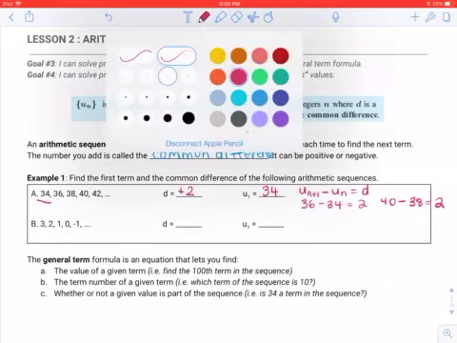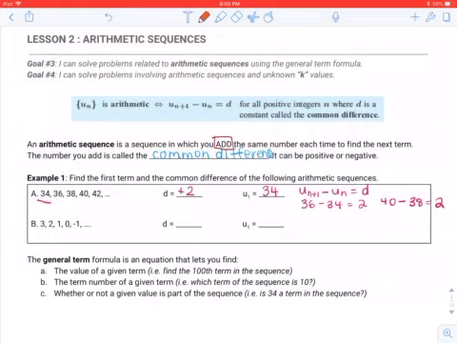Looking at the next sequence here, I've got 3, 2, 1, 0, negative 1. Again, starting with my first term, it's 3, the first term in the sequence, pretty straightforward. My common difference here is I'm going down by 1 each time. So my common difference is going to be negative 1. Pretty easy to recognize again, but we can test out our common difference here by taking one term and subtracting from it the term before. So 2 subtract 3, which gives me negative 1. And that's going to work for any 2 sequential terms in this sequence. So I could take 0, subtract from it the term before, which is 1,